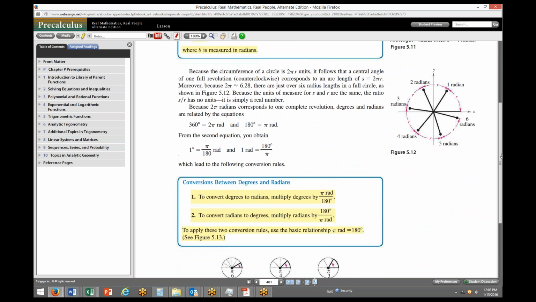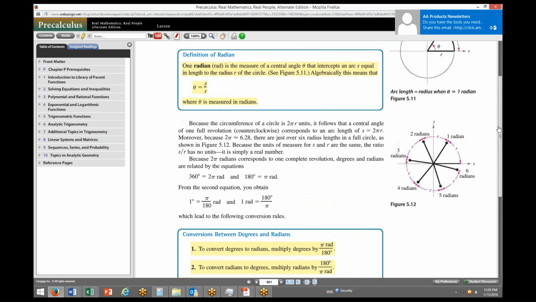But let's consider what happens here. By definition, the radius of a circle is the distance from the center of a circle to any point on the circle. That is what's called 1 radius. And I trust everybody remembers the circumference of a circle, the distance around a circle, is either 2 pi r,